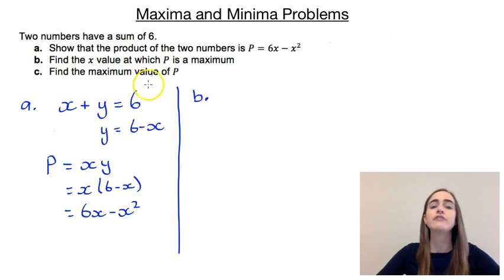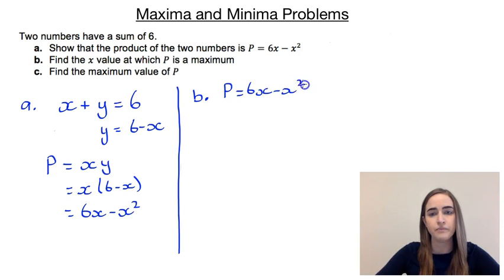Part B says find the value of x at which p is a minimum. So again, we're using this formula here. We've got our p equals 6x minus x squared. Because that's already expanded out, it hasn't been factored, it's probably going to be easiest to use our little formula minus b over 2a. And if we sub that in, you've just got to be careful because this isn't written